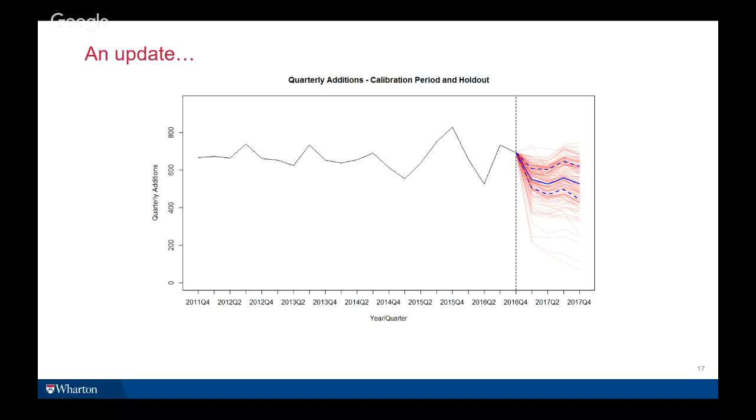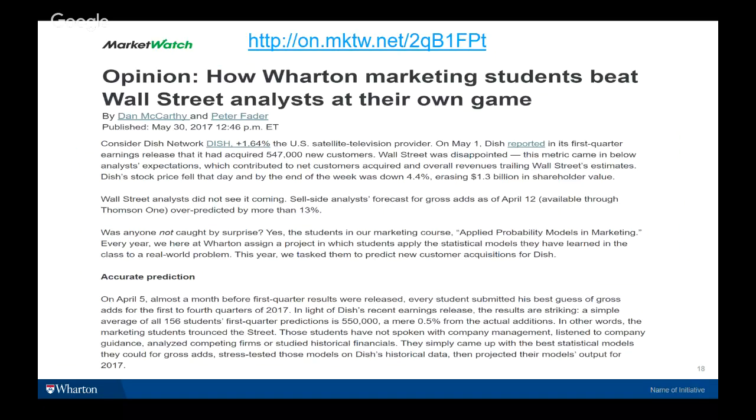So this was so striking to me that I decided to write something about it. I wrote up a little note, and it ended up getting published in Dow Jones MarketWatch. So it got some well-deserved brownie points for the great job that the students had done. It'll be very interesting to see. Q2 2017 is rolling right around the corner, and we have our estimate of what we think will happen. We think that while the analysts were over-optimistic in Q1, I think that they're overly pessimistic in Q2,